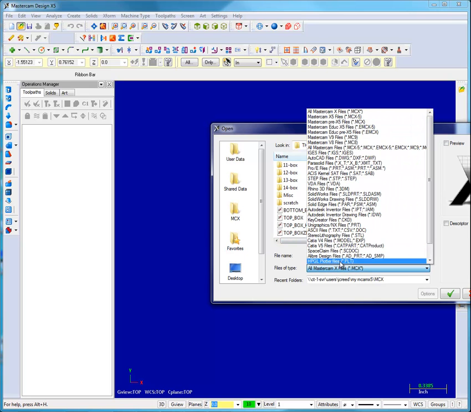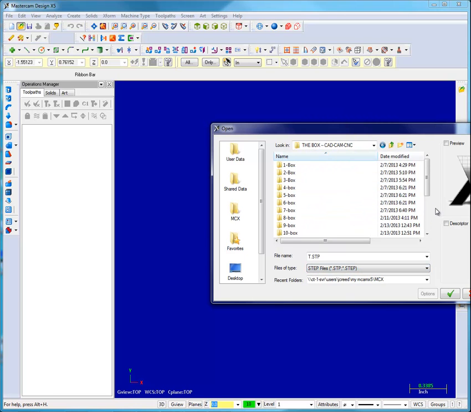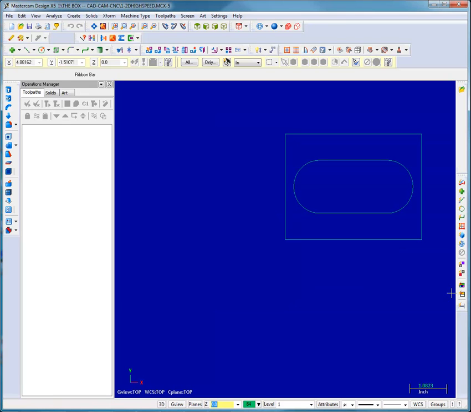and need to tell Mastercam that I'm looking for a step file. And there it is. It's called 1-2DHighSpeed. And I'll explain the 2DHighSpeed in a minute. Okay, this is our part with the top view. You can see down here on the G view,